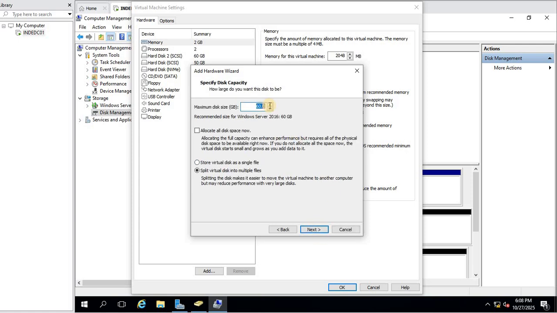You selected required space. That is also not mandatory. You can just select that. So there is a meaning of this particular "allocate all disk space now". If you are selecting 60 GB or 80 GB, so from where it is getting that particular space, a space will be assigned